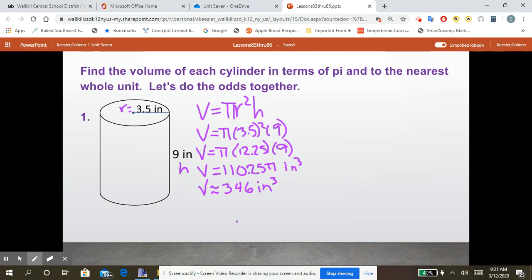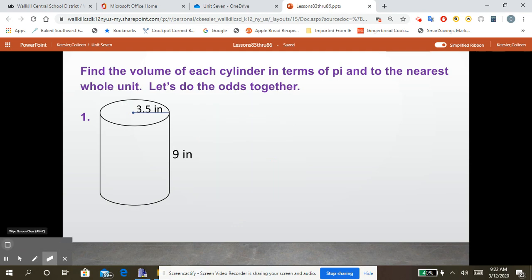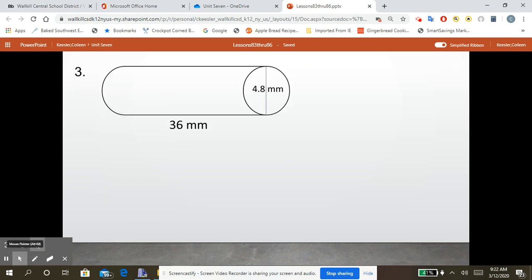All right, so hopefully you didn't find that too confusing. You're just putting numbers into the calculator and substituting into a formula. So let's try another one together. Number 3. So here we have a cylinder again, but it's laid on its side. Don't let that confuse you. All right, so this 36 is the height,